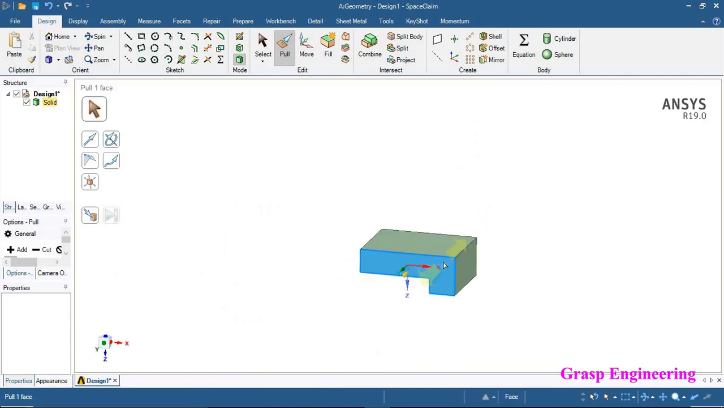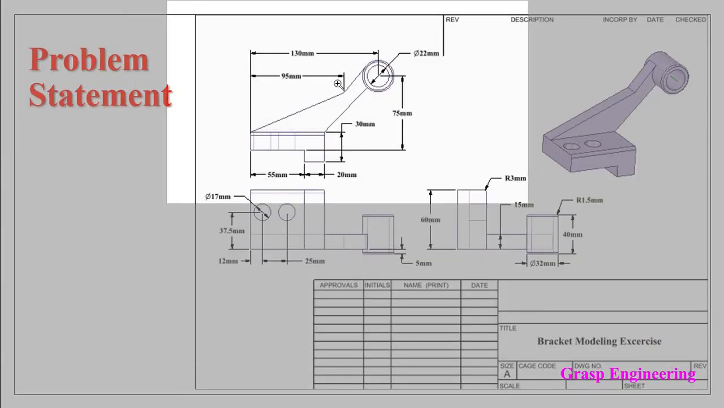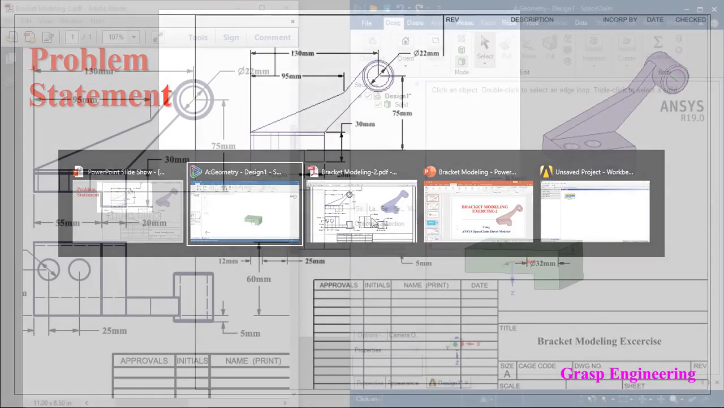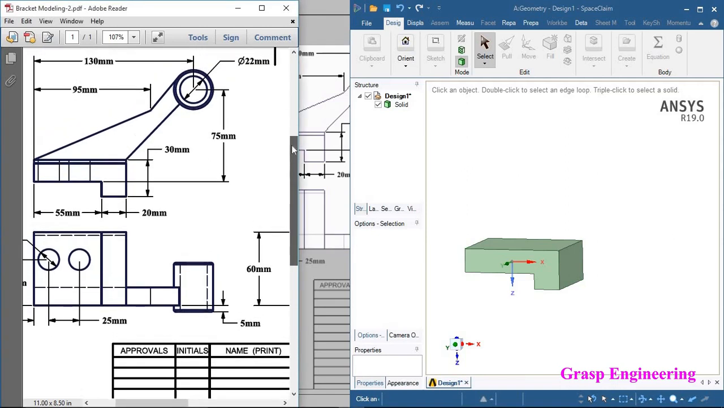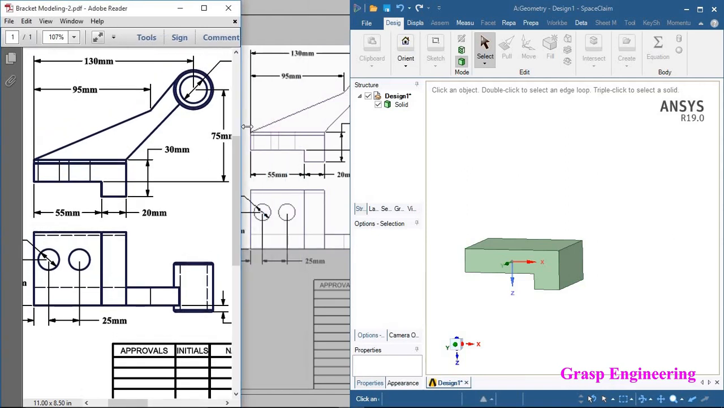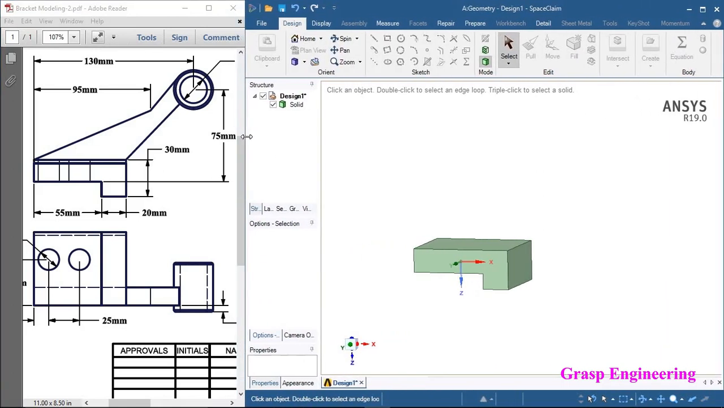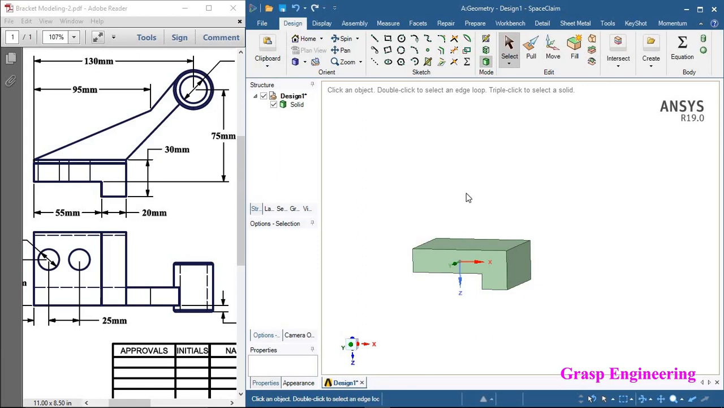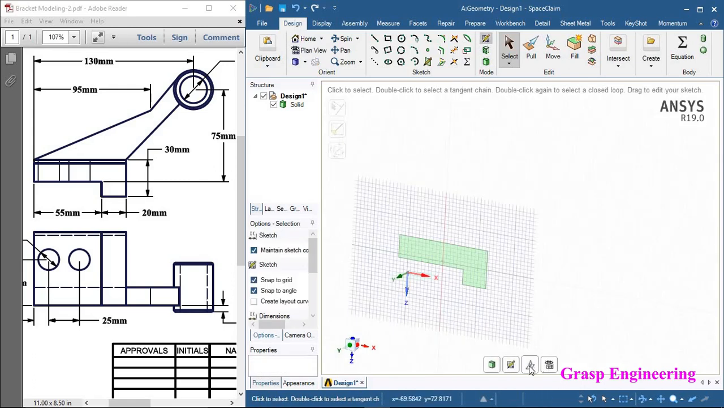Now let's draw the second one. For that, we will try to create this sketch. So let's arrange both parallel to each other so that we can refer the dimension. Let's increase this width and now we can create this respective profile. For that, let's select the first face, go to sketch, and you can select the